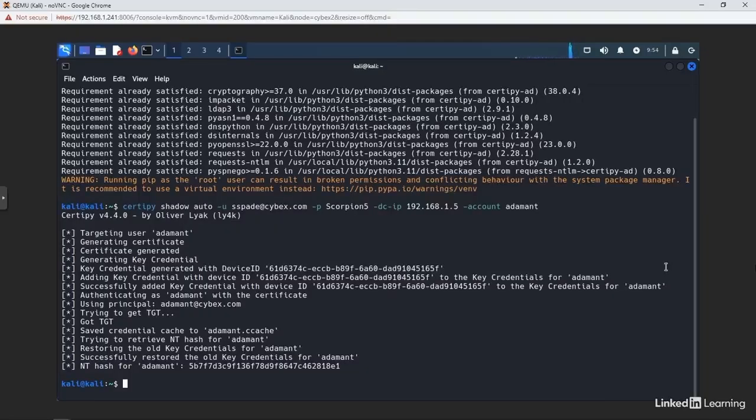The attack runs, and we can see that a key credential has been successfully added to Adam Adamant's account, and this has been used to authenticate and obtain a Kerberos ticket granting ticket. From there, we were able to use the ticket to obtain the password hash for Adam Adamant's account. We can now crack the hash to obtain a password, or use a pass the hash technique to run commands under Adam's account name. We'll pass the hash that we've been given using